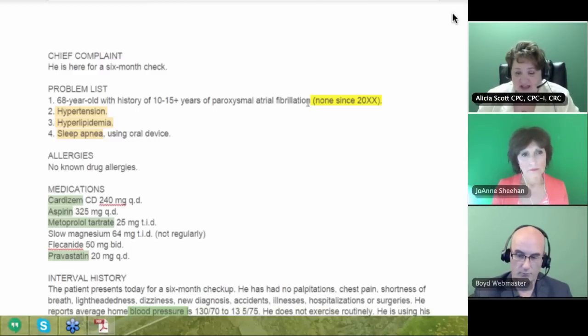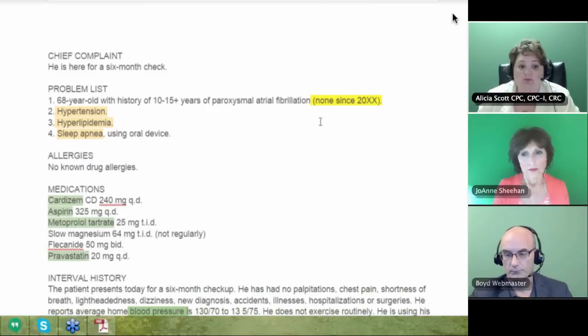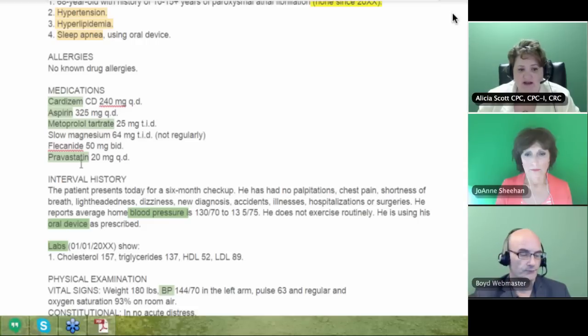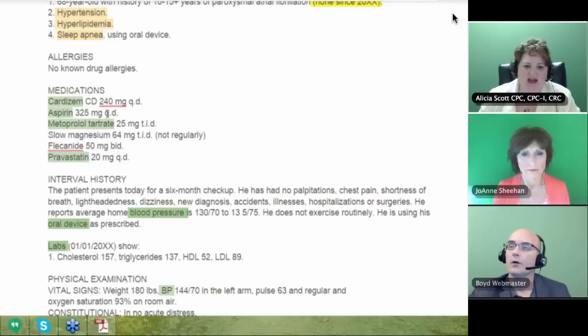And it's not that they're taking medication is the reason why they don't have it. He's saying that there's not been any reported. Hypertension, hyperlipidemia, and sleep apnea, and that they're using that oral device, the machine. And then I'm going to go down and look at these medications, and Cardizem. I know what all of these are, but I went ahead and wrote down what some of these are because if you're not familiar, you need to be familiar with the medications. And you can go to drugs.com, WebMD, there's all kinds. Just Google it and it'll probably tell you.